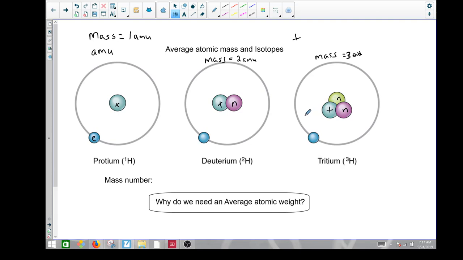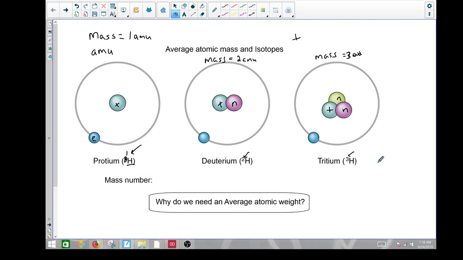All right, so in this case, because all these have one proton, they're all hydrogen. This is kind of an unusual looking thing here, but you can imagine what they're referring to. This is the number that I scribbled out, but that's the mass number. This is the mass number here, and this is the mass number right there. So either way,